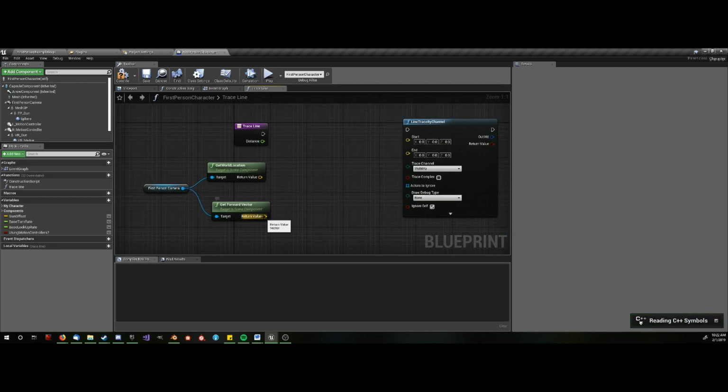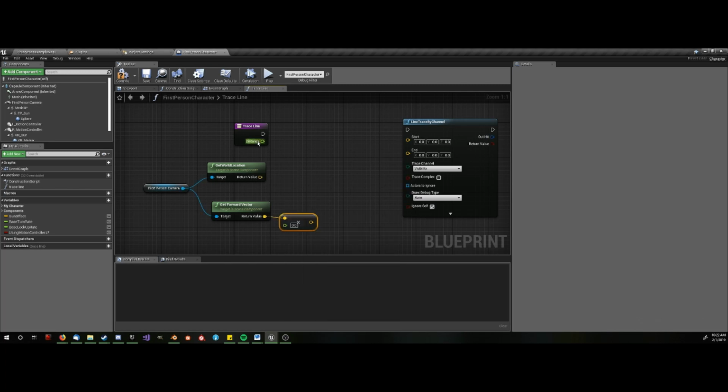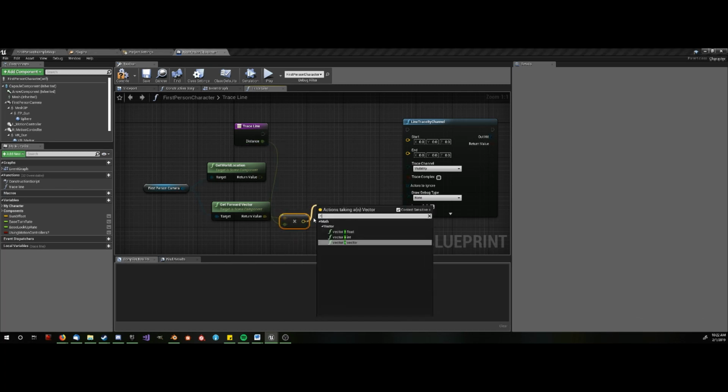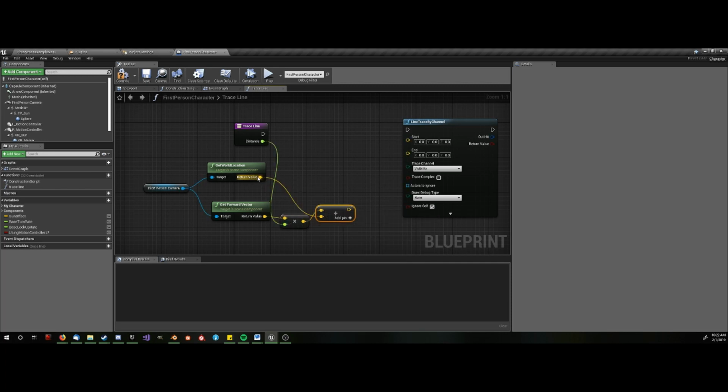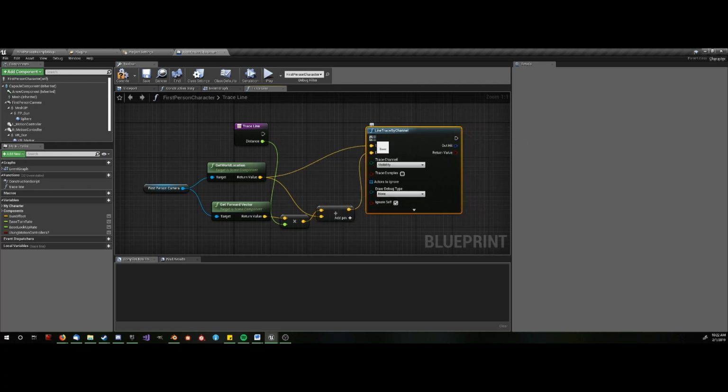Now, from the forward vector, we need to multiply by a float, which is our distance, and then add a vector, the world location, plug the world location into start, and the mathed forward vector into end,